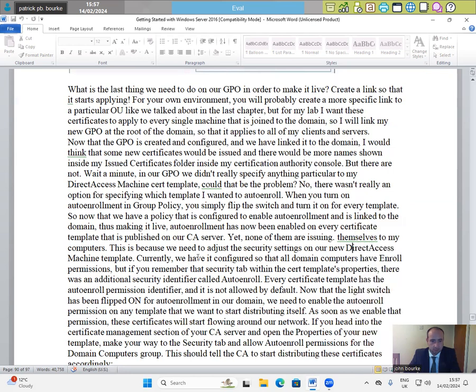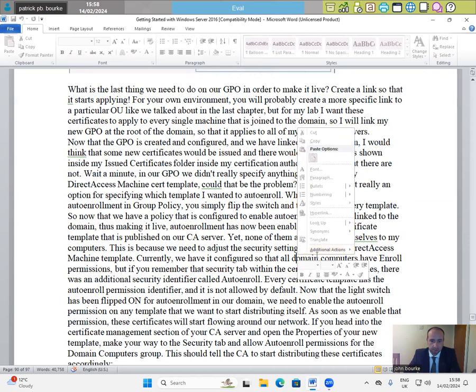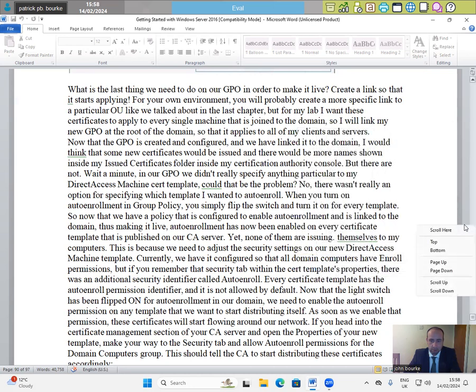This is because we need to adjust the security settings on our new DirectAccess machine template. Currently, we have it configured so that all domain computers have